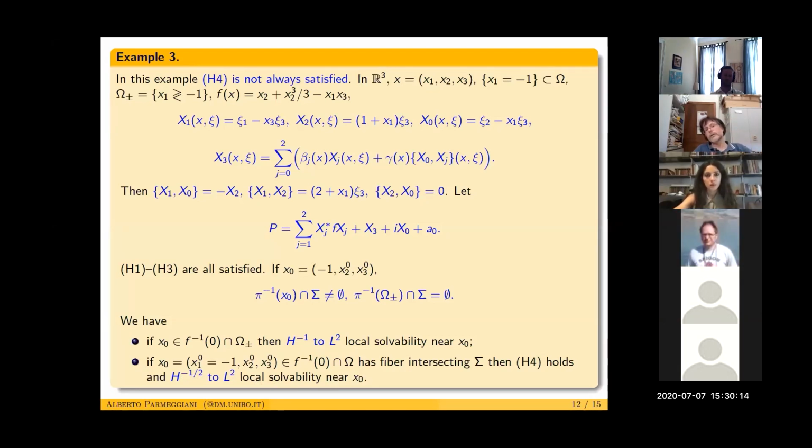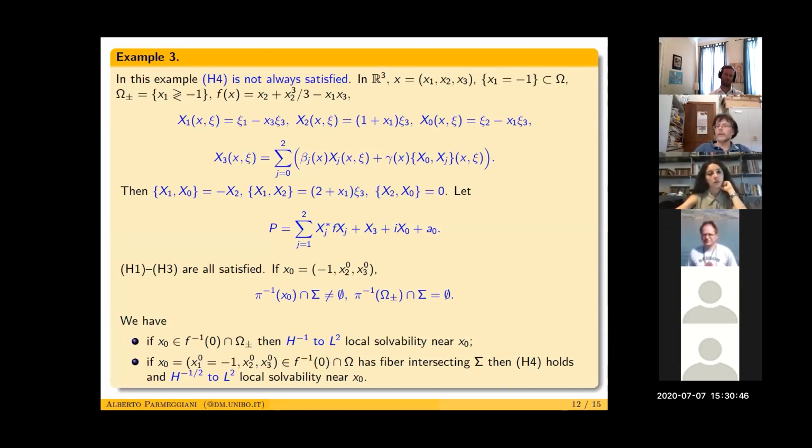So what is the point of this example? The point of this example is that not even over the zero set of f we may hope for having some global gain or loss of derivatives, okay? You can see that from here, in some regions we have H^{-1}, here H^{-1/2}. So the loss or gain of derivatives in this very loose sense is non-constant. So this is an interesting example because of that.